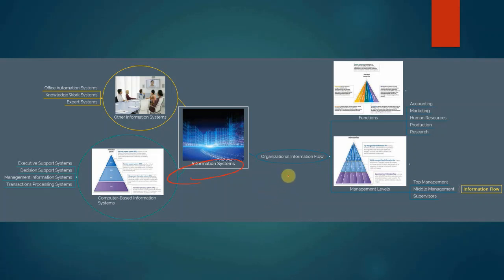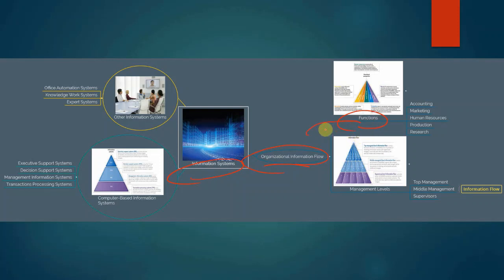Information systems. In order to understand an information system, we need to backtrack a little bit and talk about an organization, and what's typical in an organization, such as how information flows within an organization. So to backtrack some more,